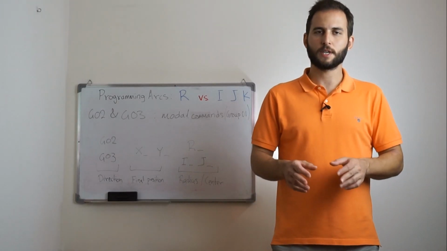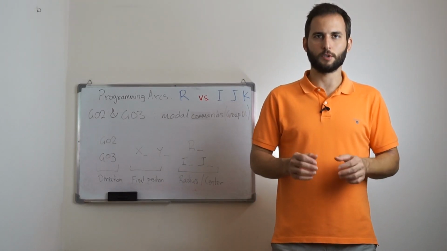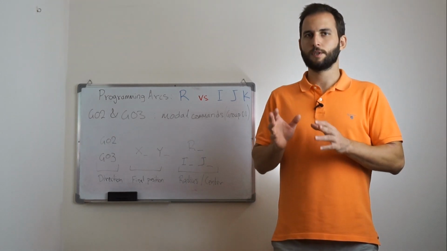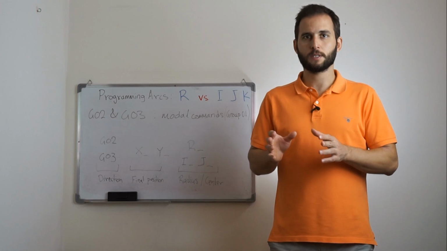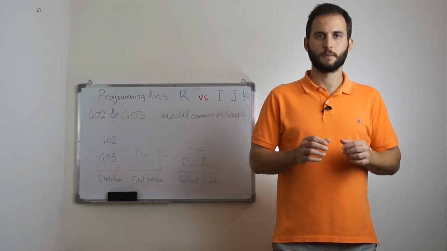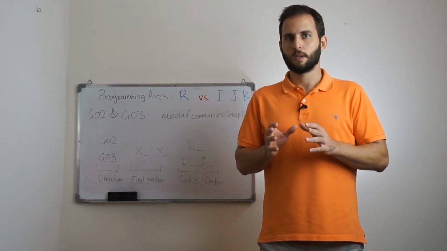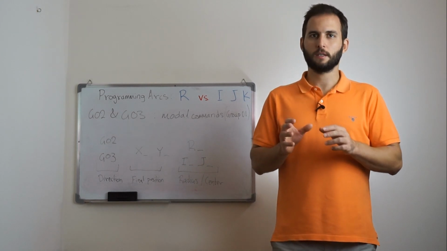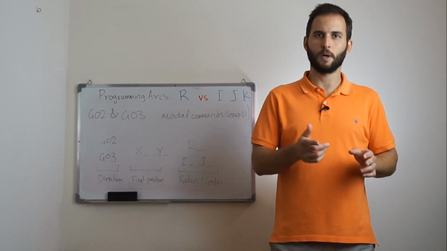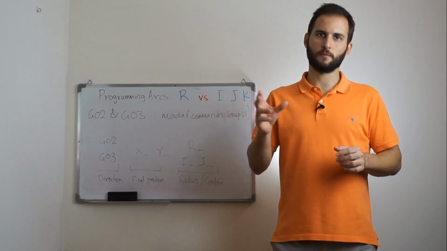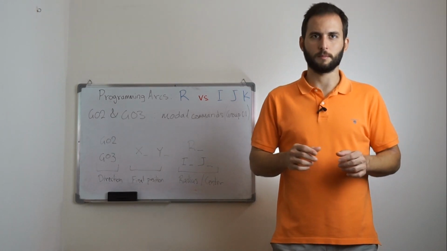Okay, to begin with, let's discuss the basics regarding the programming of circular movements. G2 and G3 are the two commands that are used in order to program circular movements. They are modal commands and they belong to the first group. This means that once they are programmed, they stay active until another command from the same group is programmed. For example, G0, G1, or G2 and G3, if the one is programmed or the other one is programmed.